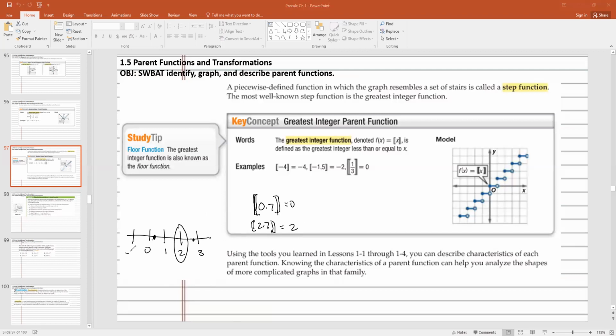And then if you have a negative, like negative 2.7, again, the integer to the left of that is -3. So that one is a little tricky when you have those negatives, okay, because it looks like it's bigger, but it's actually less. Okay, so basically you're rounding it to the biggest integer